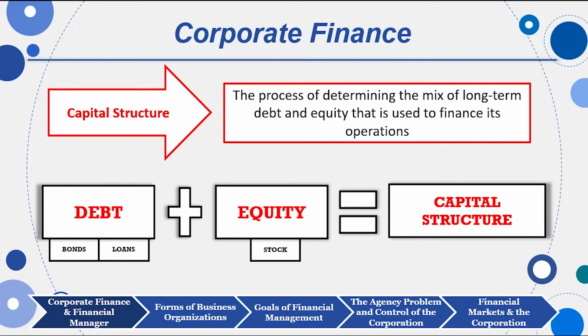Capital structure is the second question on the mind of the financial manager. Where are we going to get the resources, the money, the funding to pay for that property, plant, and equipment? Well, there are several sources. We could go the debt route. We could go the equity route. When we talk about debt and equity, we're talking about securities. And we're also talking about capital structure. What is our capital structure in our company in the form of debt? Are we going to take on bonds, or are we going to take on loans? So when we talk about debt, we typically talk about those two things. Equity, when we mention the word equity, we're talking about funding items via stock issue.